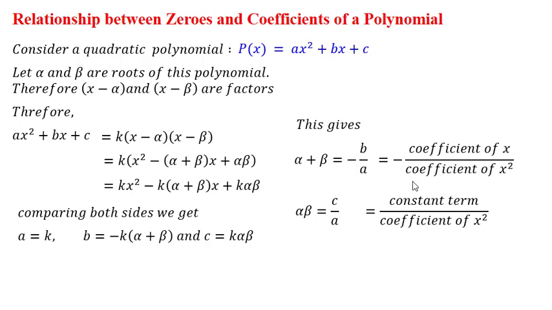So your denominator is a in both cases, that is, the denominator is the coefficient of x square. Now the coefficient of x square is the highest degree present in the equation. So we can say the coefficient of the highest degree, right? From right to left I am moving. First I have written minus b by a, then I have written c by a. So first is minus, then plus, and like this we can extend the concept.